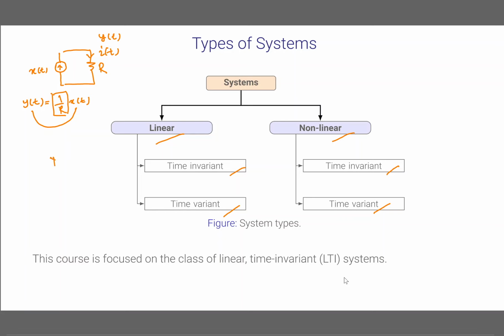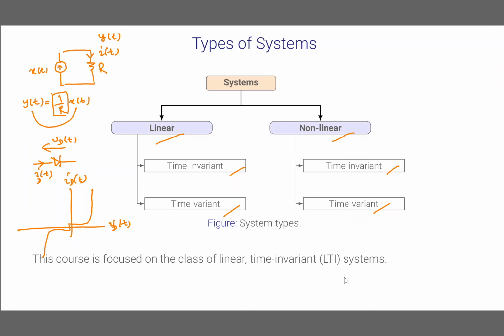But if you take a diode, for example, and we want to consider the diode voltage Vd(t) and the diode current Id(t), and if we plot the diode current against Vd(t), you know that the relationship is not linear. So you can see linear systems as well as nonlinear systems using these simple circuit elements.